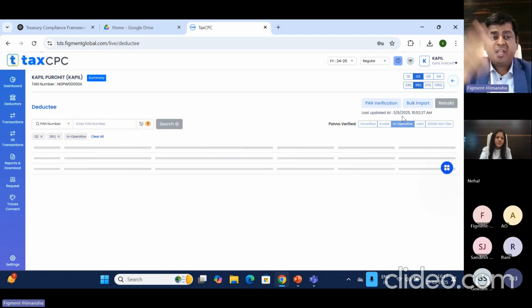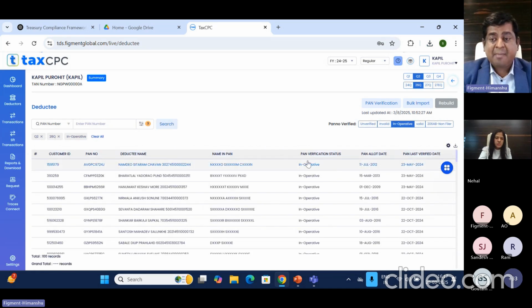अब इनऑपरेटिव पैन नंबर टैब पे क्लिक करते हैं, तो आपको इनऑपरेटिव पैन नंबर्स की लिस्ट दिखेगी कि ये सारे पैन नंबर्स आपके इनऑपरेटिव हैं। लेकिन बिफोर रेमिटेंस आप चेक करना चाहते हैं कहीं ये पैन नंबर ऑपरेटिव तो नहीं हो गए। इनऑपरेटिव का मतलब होता है ये पैन और आधार से लिंक नहीं है। अगर पैन आधार लिंक नहीं है, तो हमको उनका हायर रेट से टीडीएस डिडक्शन करना होता है।